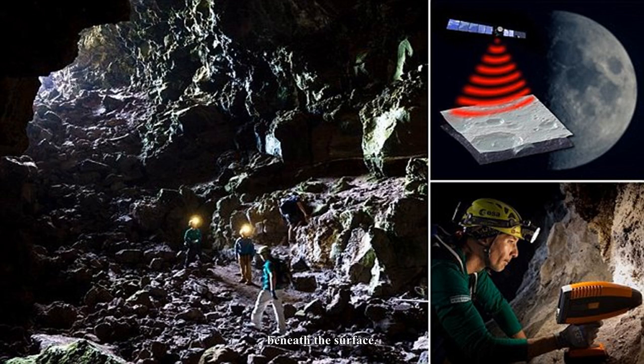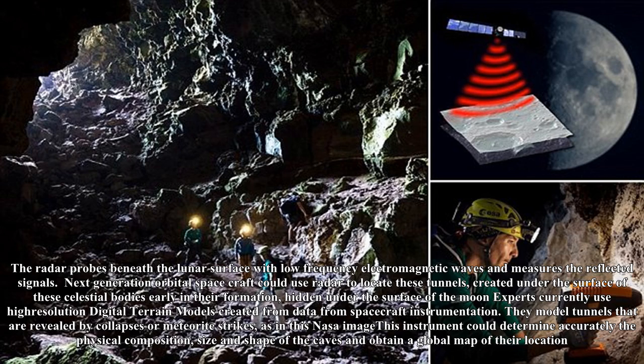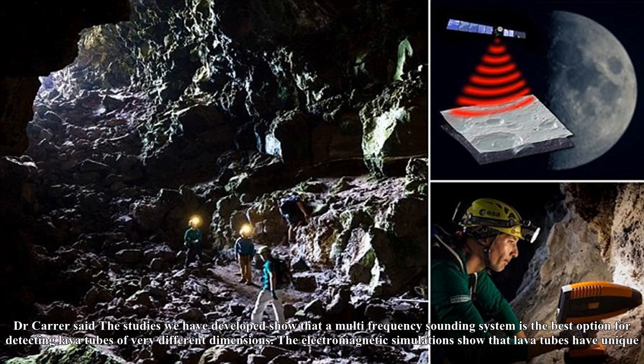Conventional remote sensing instruments cannot detect and characterize the lava tubes, as they cannot acquire measurements beneath the surface. But Leonardo Cara and colleagues at the University of Trento have developed a concept for a radar system specifically designed to detect lava tubes on the Moon from orbit. The radar probes beneath the lunar surface with low-frequency electromagnetic waves and measures the reflected signals. Next-generation orbital spacecraft could use radar to locate these tunnels, created under the surface of these celestial bodies early in